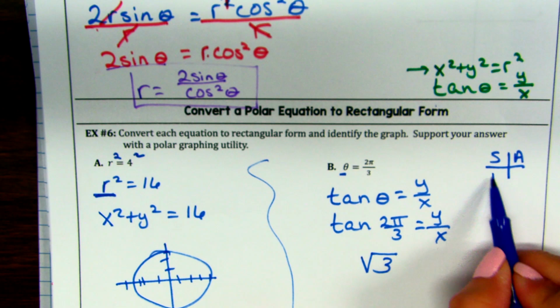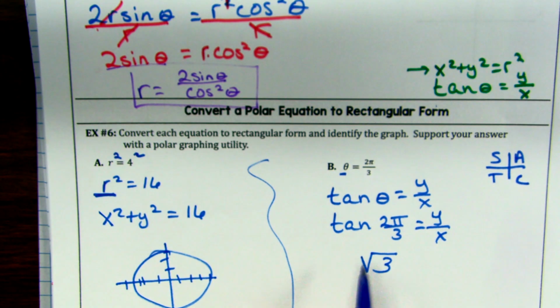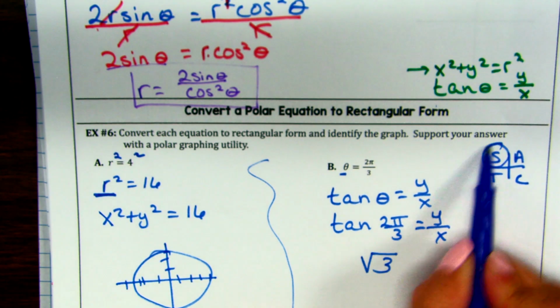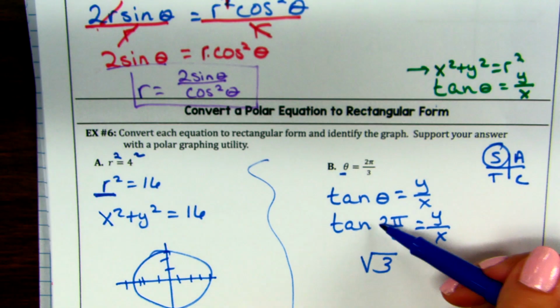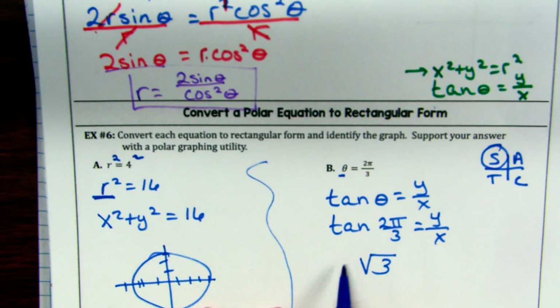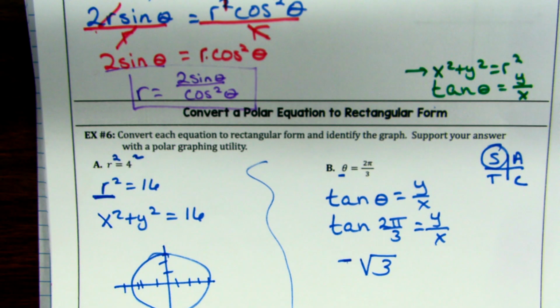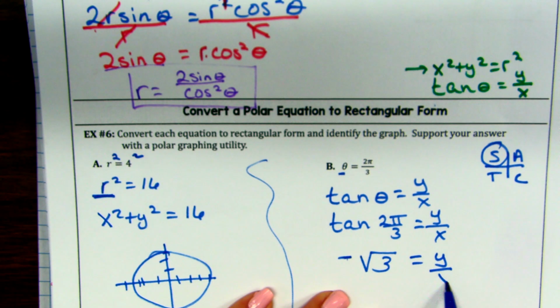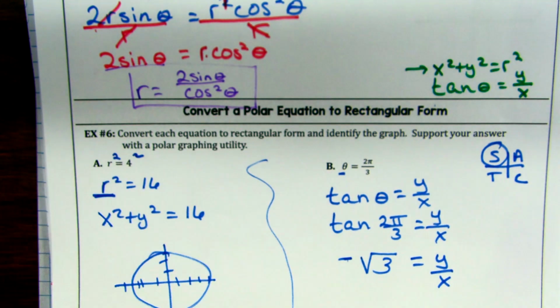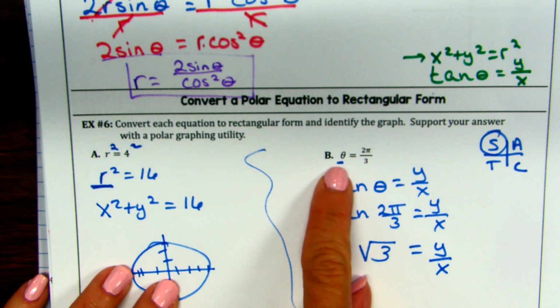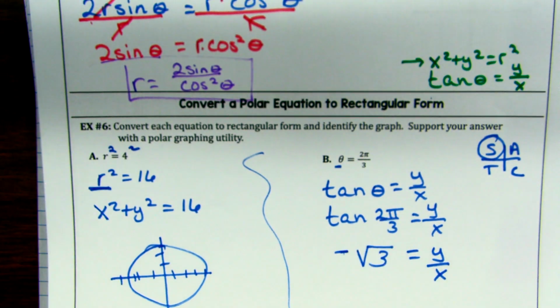All students take calculus. Tan of 2 pi over 3, that's quadrant 2. I know that quickly because the numerator is 1 less than the denominator. Tan is negative in quadrant 2, right? Only sine is positive. That means by default everybody else is negative. And we successfully got rid of theta in the original equation, but let's just clean this up one more step